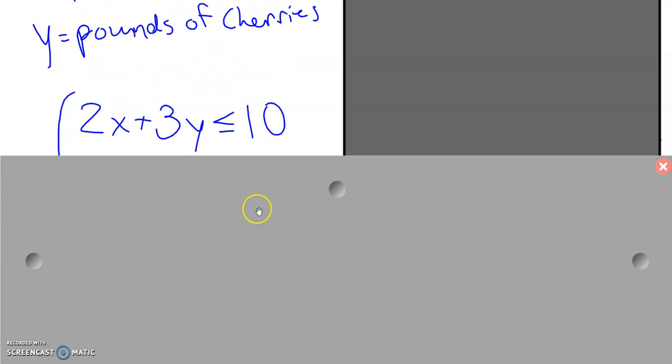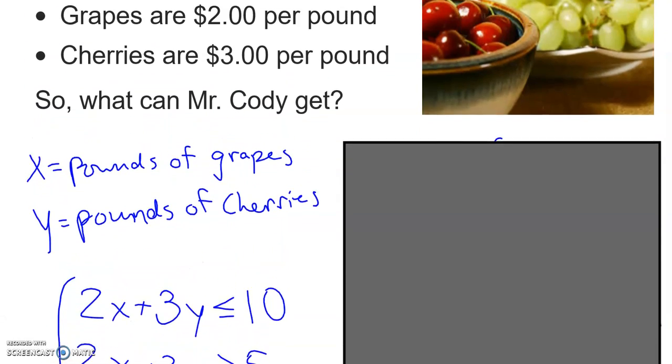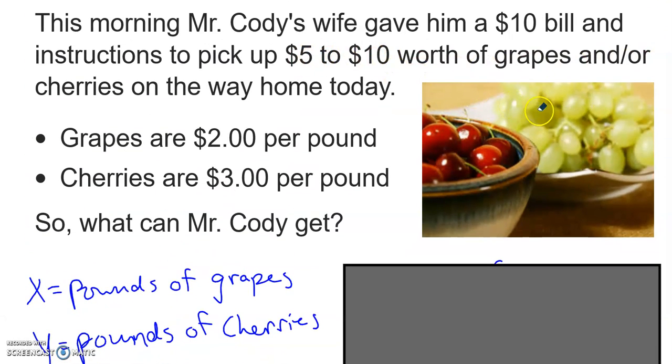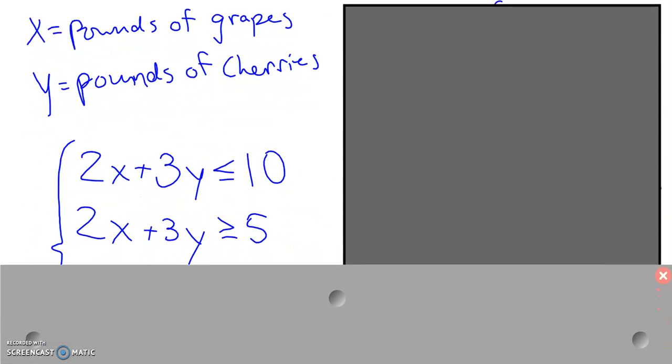But also, 2x plus 3y has to be at least 5. So 2x plus 3y is greater than or equal to 5. And those are the two constraints offered in the problem. However, there are some more equations I actually need to write. And these are basically real-world